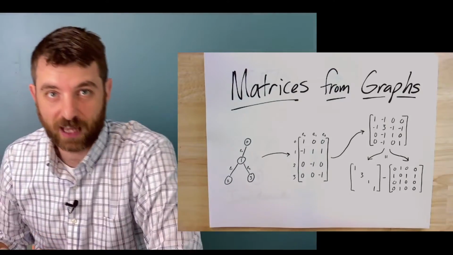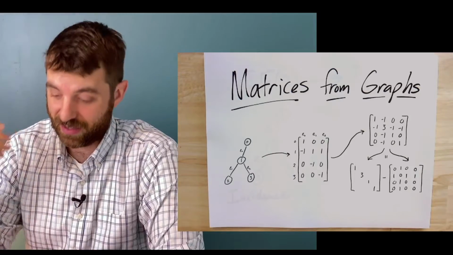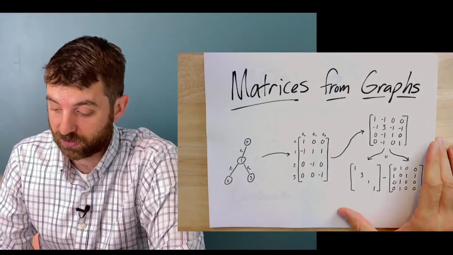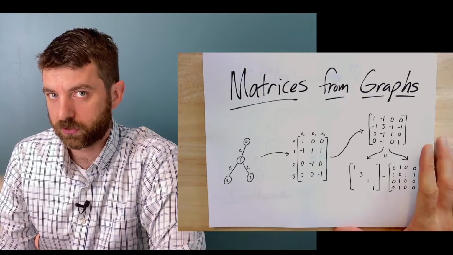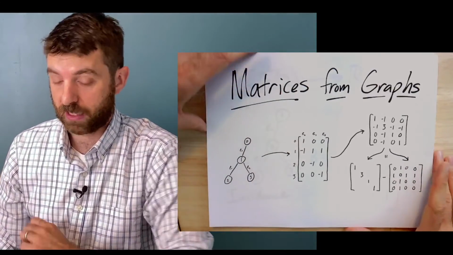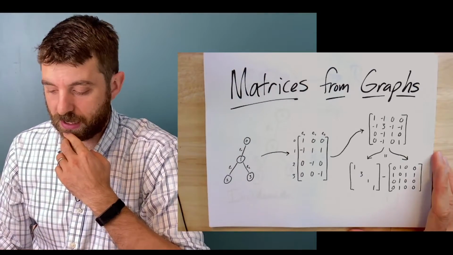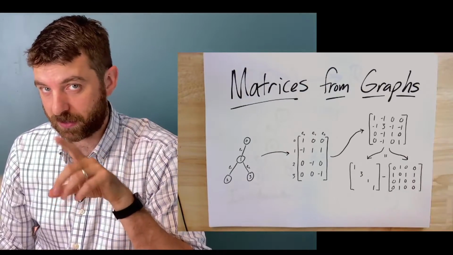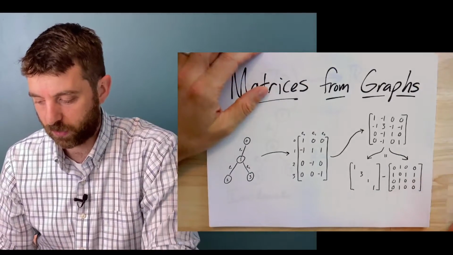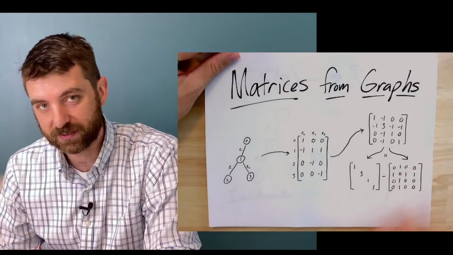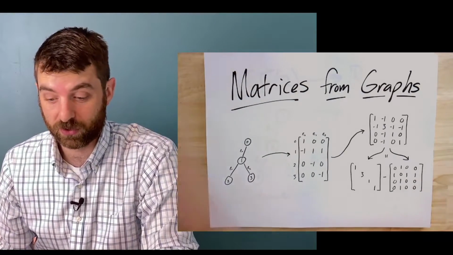So today's topic, as promised at the end of the last video, is we're going to talk about matrices that come from graphs. So we've looked at vector spaces that came from graphs. We saw at least one linear transformation between vector spaces that came from graphs. That was this kind of incidence matrix. And now we're going to look at the same incidence matrix. We're going to lift it up to think about it over the real numbers. And we're going to discover, in some sense, we're going to construct from scratch some other really important, interesting matrices